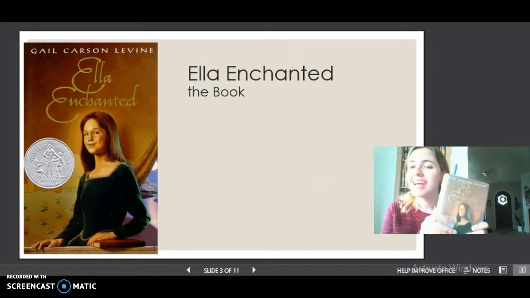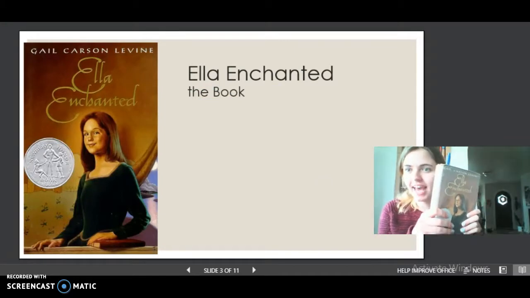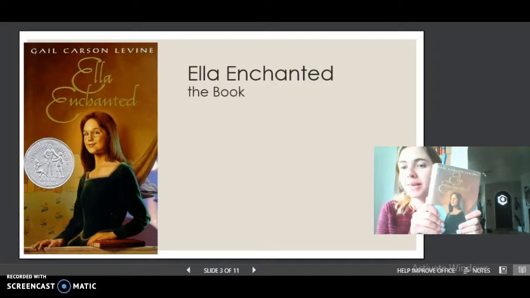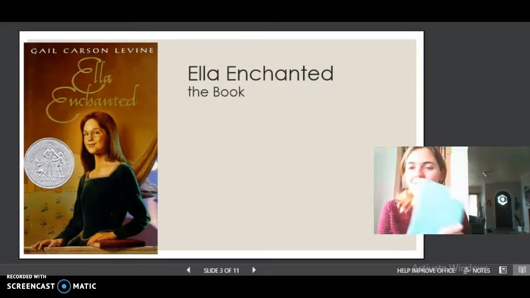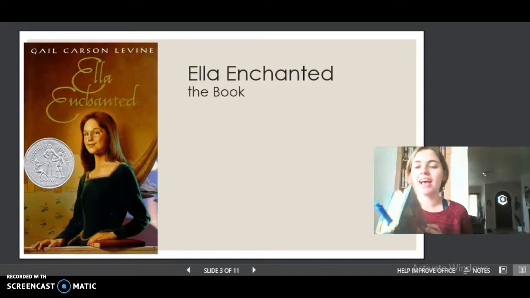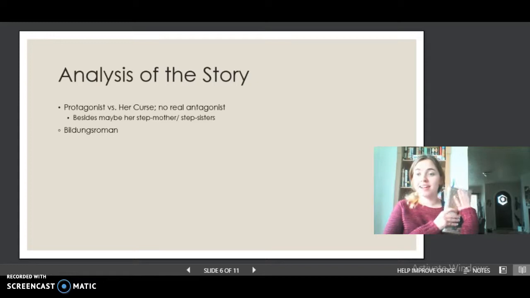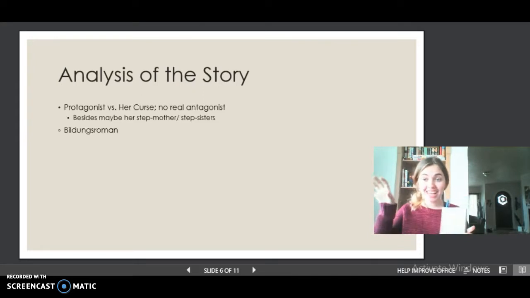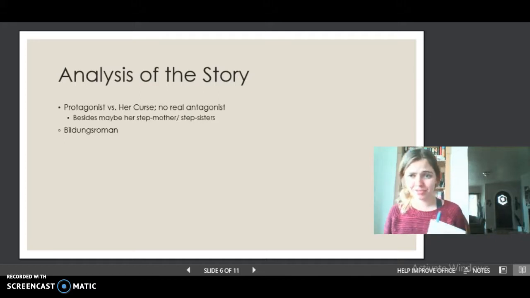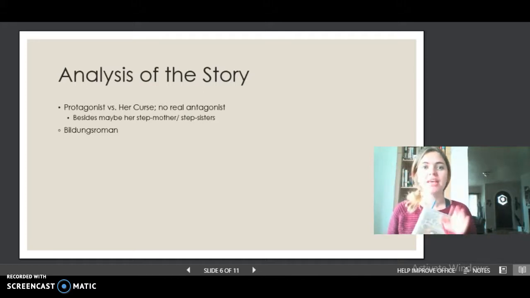Alright, so the plot. It is a Cinderella story, but there is a catch. The main character, Ella, has been cursed to be obedient, and this causes many trials for her, and she has to overcome them, and it's really great, and also very romantic. It's awesome. Okay. So, as an analysis of the story, the protagonist, Ella, what she is fighting against is the curse. There is no real bad guy like in the movie. There's no guy trying to take over the kingdom. That's ridiculous. Sorry, not really. The movie's great. She is just fighting against this external problem, I suppose.